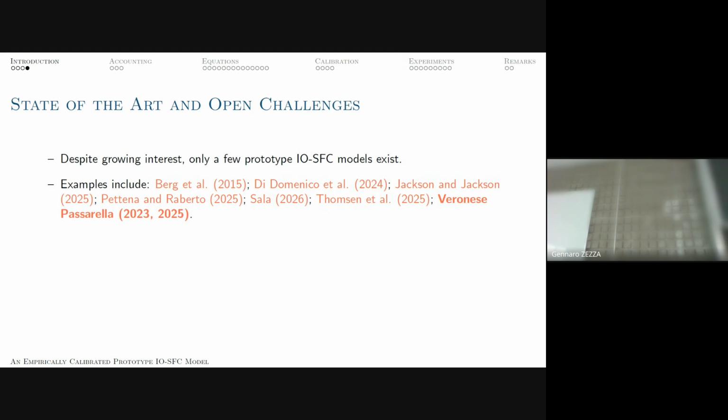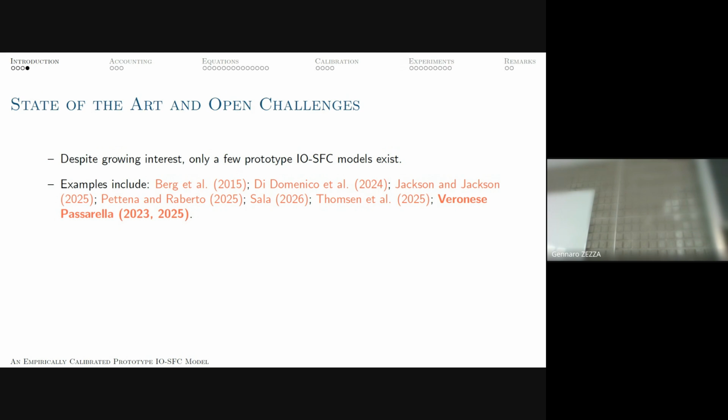There are probably other papers. I guess there's a working paper from Valdecantos, if I'm not wrong. You had a paper on IO-SFC models. Also, perhaps Gennaro and Francisco had a working paper. Perhaps Lorenzo had another paper. But anyway, I found all these, and then there is a recent paper by many.